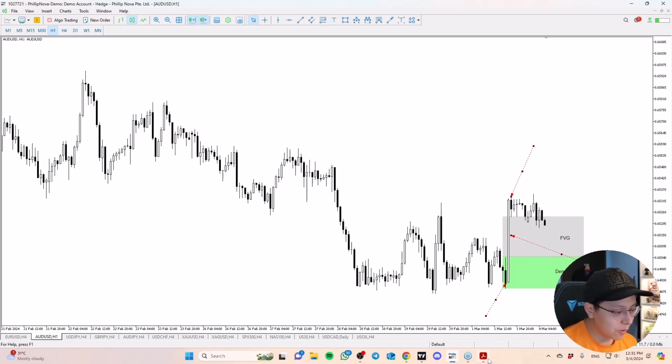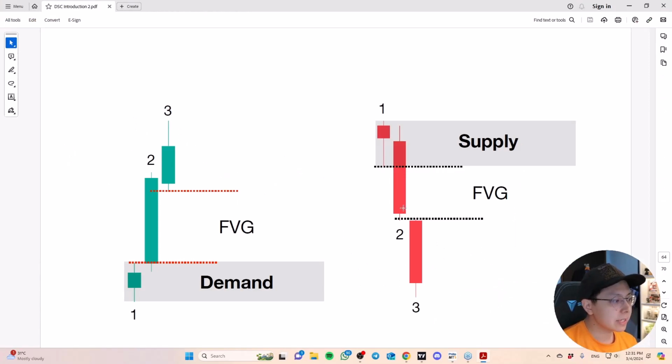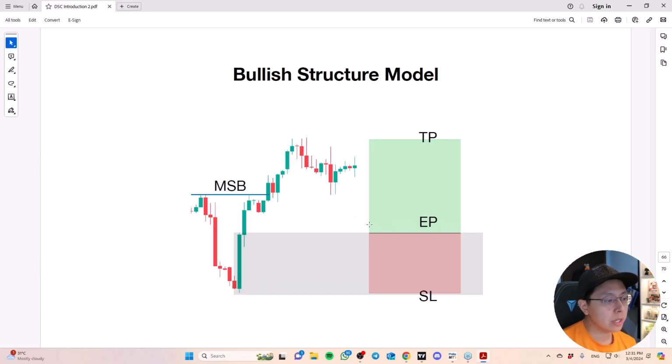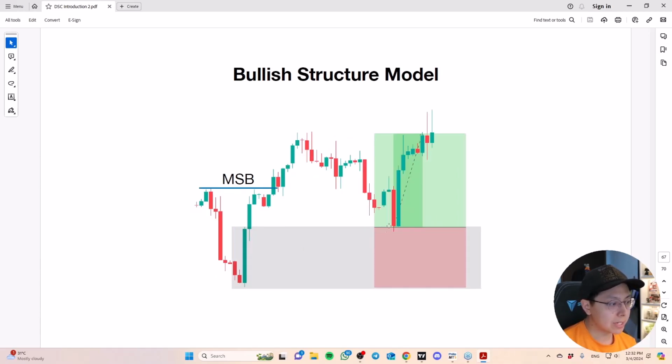There's no need to overcomplicate stuff. Once we have this, the setup is straightforward. We have a fair value gap with demand, and we simply need to identify our entry price, stop loss price, and take profit price. If you don't use Fibonacci ratios, then the entry is based on the demand zone. If you're looking at a buy, you trade off the top of the demand zone. Your stop loss is at the previous structure swing low. Your target is the previous swing high. This is how this example looks. The market came back, tagged it, and went.